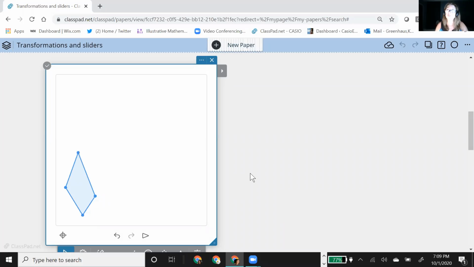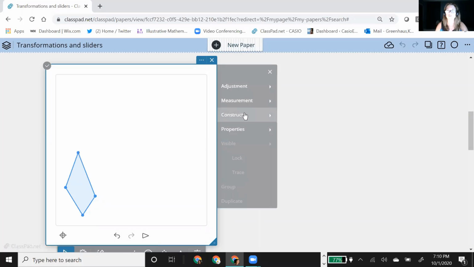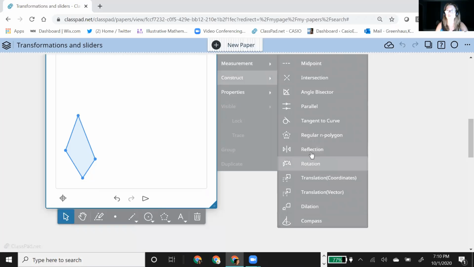So the only things you can use sliders for in geometry are the transformations, which live under constructions, right? So here's all my transformations. I can do sliders with rotations, translation by coordinates, and also a dilation. This translation by a vector is specifically a vector, so we're just going to use the coordinates here. Basically, your angle of rotation is what you replace with a variable, and that creates a slider. Your translation coordinates are going to be replaced with, instead of specific coordinate points, X, Y, A, B, however you want to think about it. And dilations are also a scale factor, so you're replacing the scale factor with a variable.